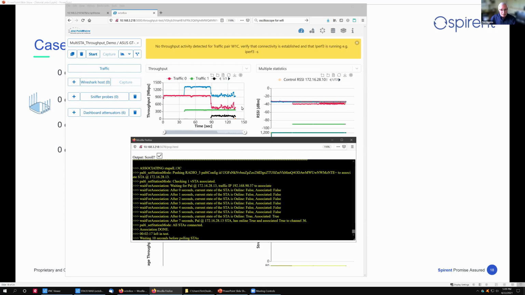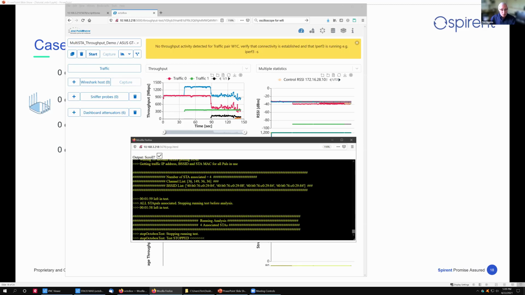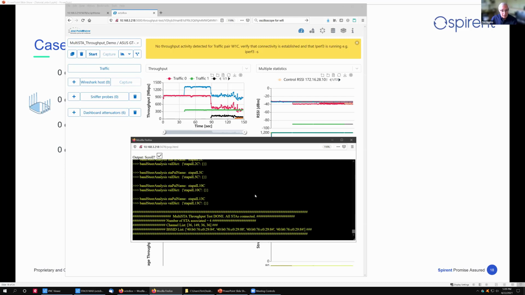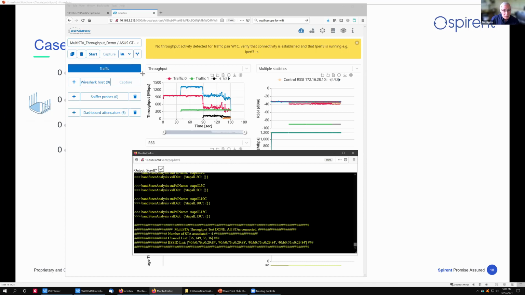And finally, the last device, the single stream N device, so it's the slowest device, is also associated to the radio on channel 36. So in this case, 3 devices ended up associated to one radio, and nobody got associated to 2.4. We can infer from this that the router, at least in this case, has made its steering decisions based primarily on signal strength.